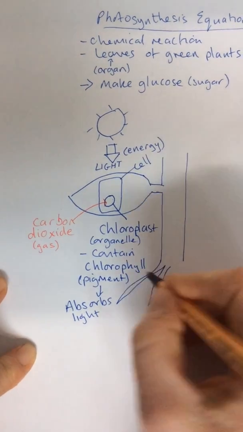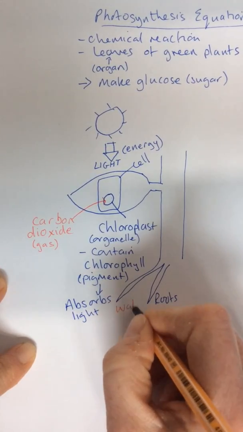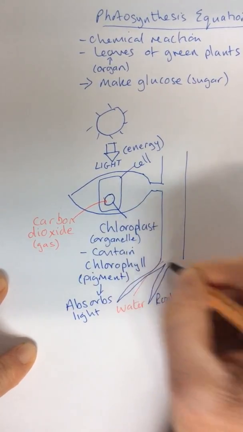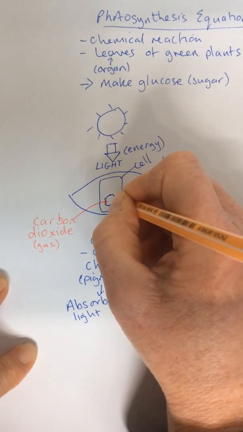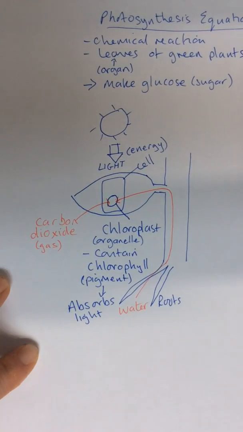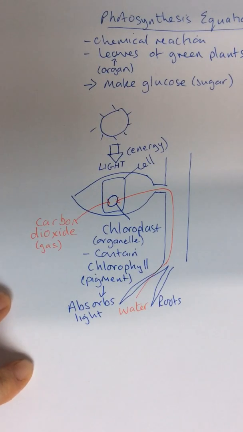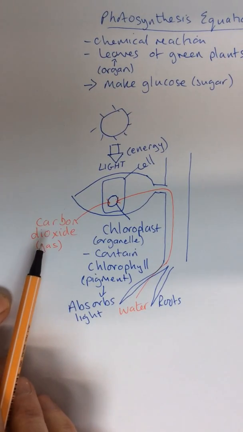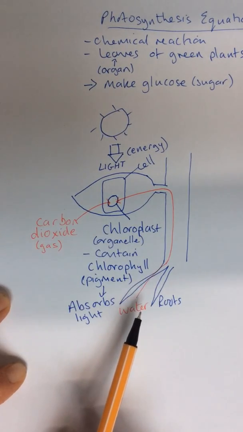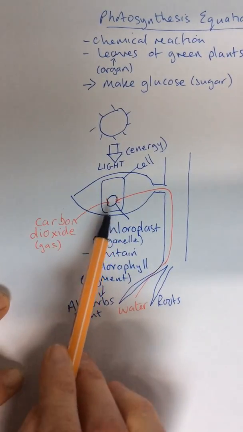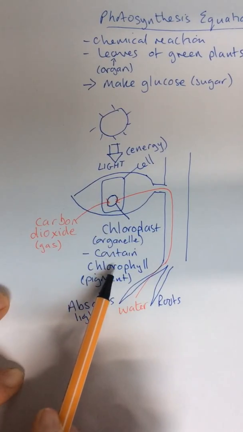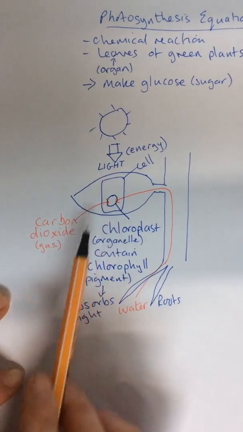And then the other substance that is needed for photosynthesis is water, which goes in through the roots, up the stem, and into the leaf cell. So photosynthesis inside of a leaf requires carbon dioxide gas, and it requires liquid water, and those both go up into these cells. Chloroplasts contain chlorophyll, absorb the light energy, and together